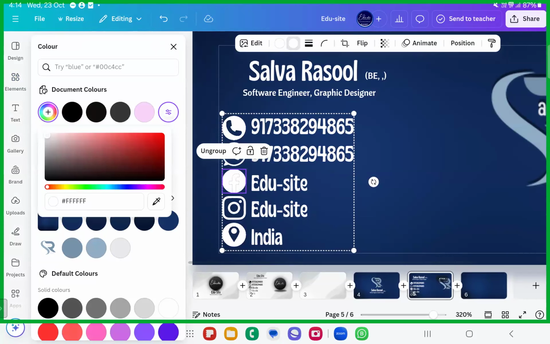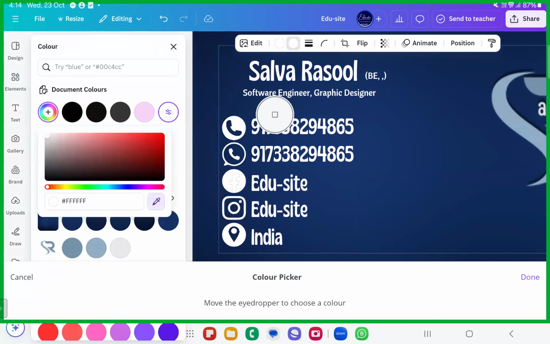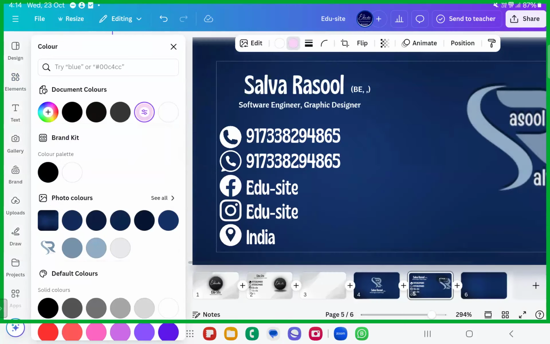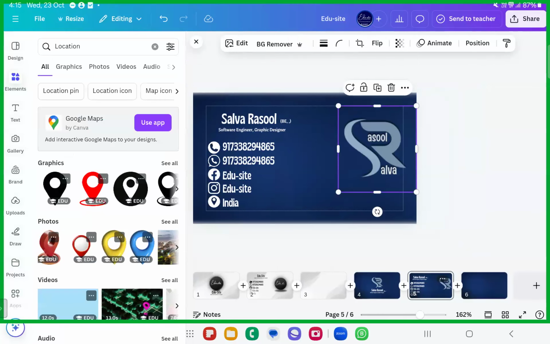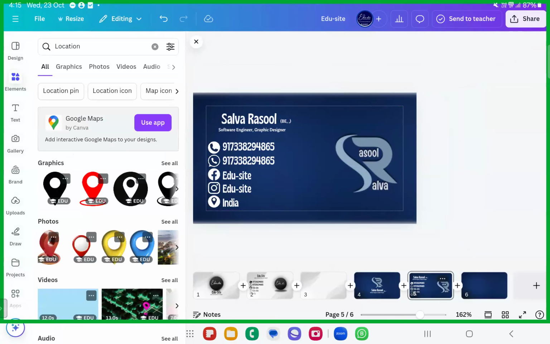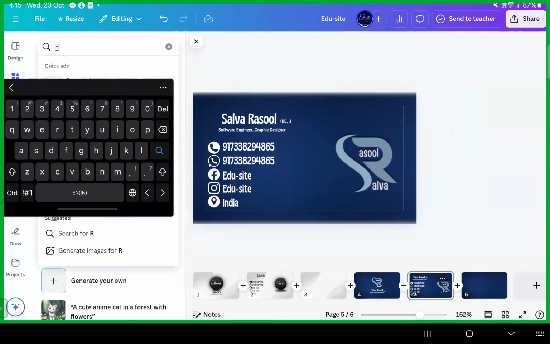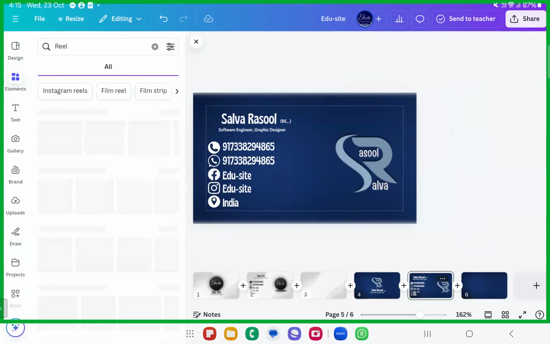How to color pick? Take the color picker, or what we call it? We call it a dropper. Take the dropper and select this blue color that is above. That is over here. Let it be a bit lightish. Okay, done. So this way. Now it's done. Now we can even add more stuff to this, dear sisters and brothers. Something like a reel, because you are just working for graphic designing. Reel. I'll just add a reel.